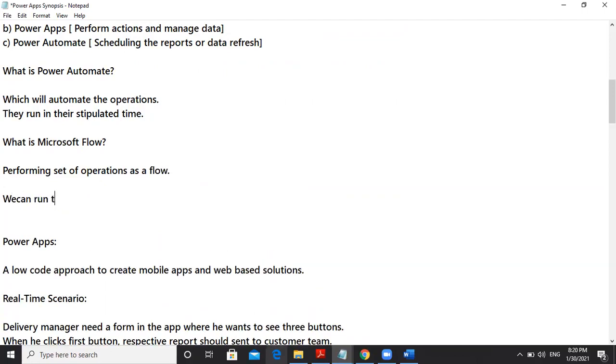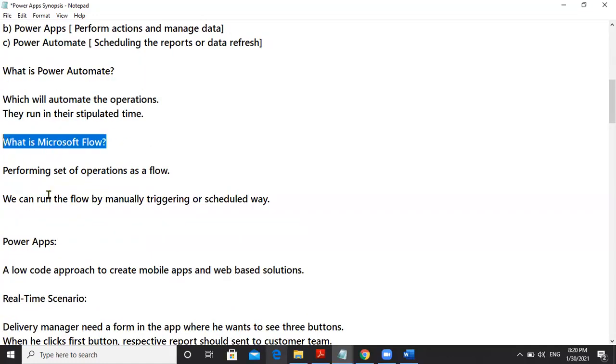We can run the flow by manually triggering or in a scheduled way. So this is about Power Automate. This is Microsoft Flow.